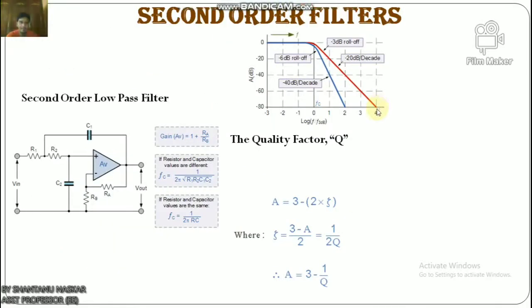Now I will discuss second order filters. Second order or two-pole filters consist of two RC filter sections connected together to provide a minus 40 decibel per decade roll-off rate. Second order filters, which are also referred to as VCVS filters because the op amp is used as a voltage controlled voltage source amplifier, are another important type of active filter design, because along with the first order RC filter we looked at previously, higher order filter circuits can be designed using them.